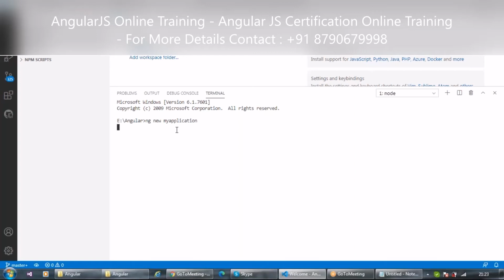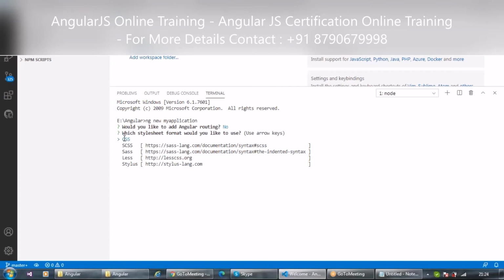Okay, so when I hit enter, afterwards it starts installing the packages, and before installation it asks me some questions. Do you want some Angular animations, or do you want some browser analysis or something like that? If you want, you can type Y, and if you don't want, you can type no. Okay, see, now it is asking me, would you like to add Angular routing? Right now we are not routing anything, so I'll just say no.